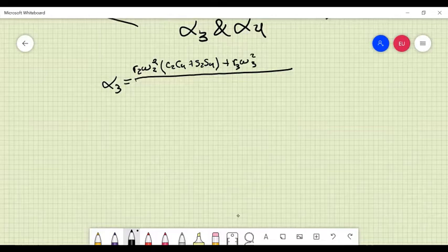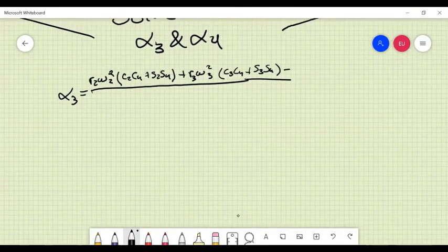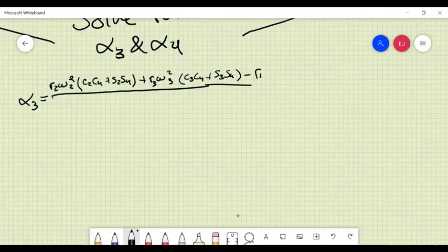Omegas are always square in acceleration. Cosine 3, cosine 4, plus sine 3, sine 4, minus R4 omega 4 square. Divided